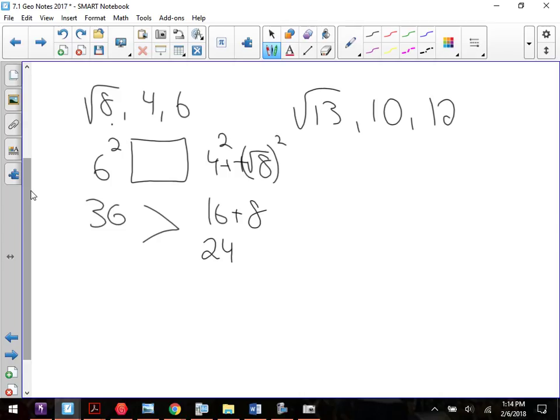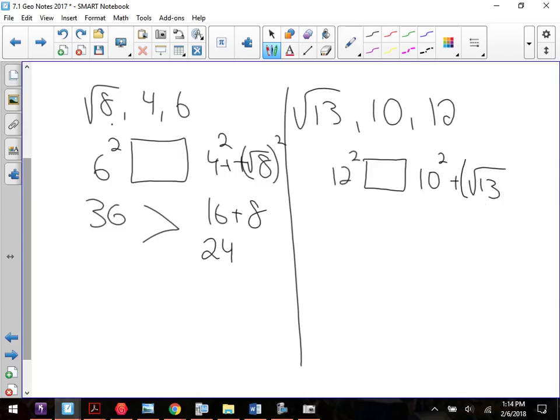Square root of 13, is that bigger or smaller than 12? So? What's that, Joe? 12 squared, how much? 10 squared. The square root of 13 squared, 13. So this becomes 113, which makes this